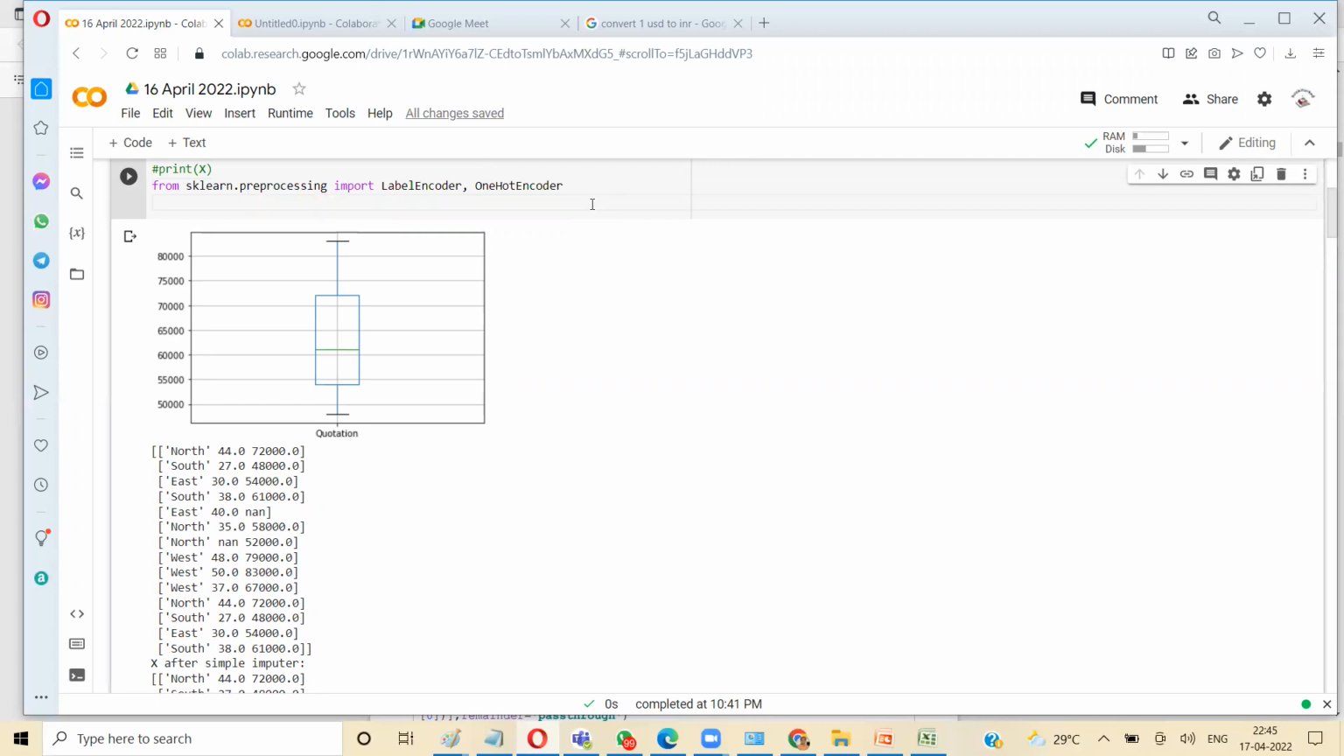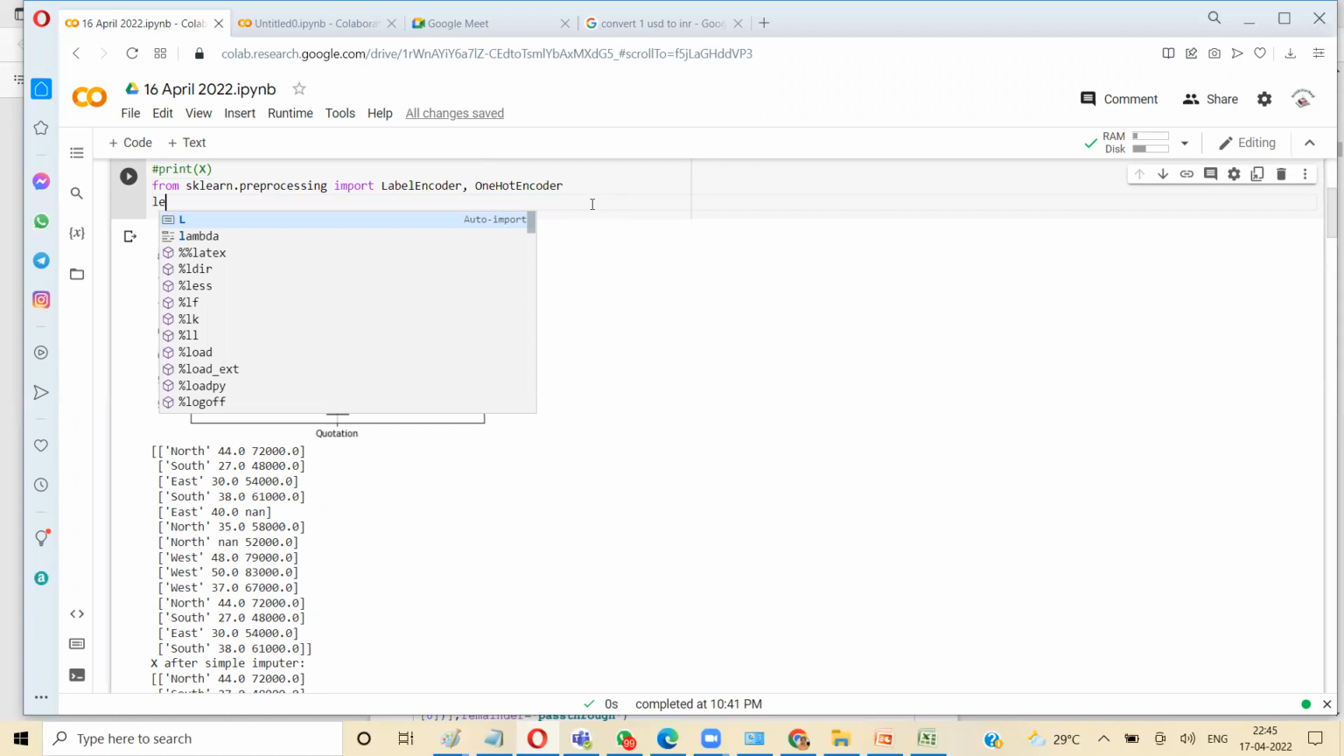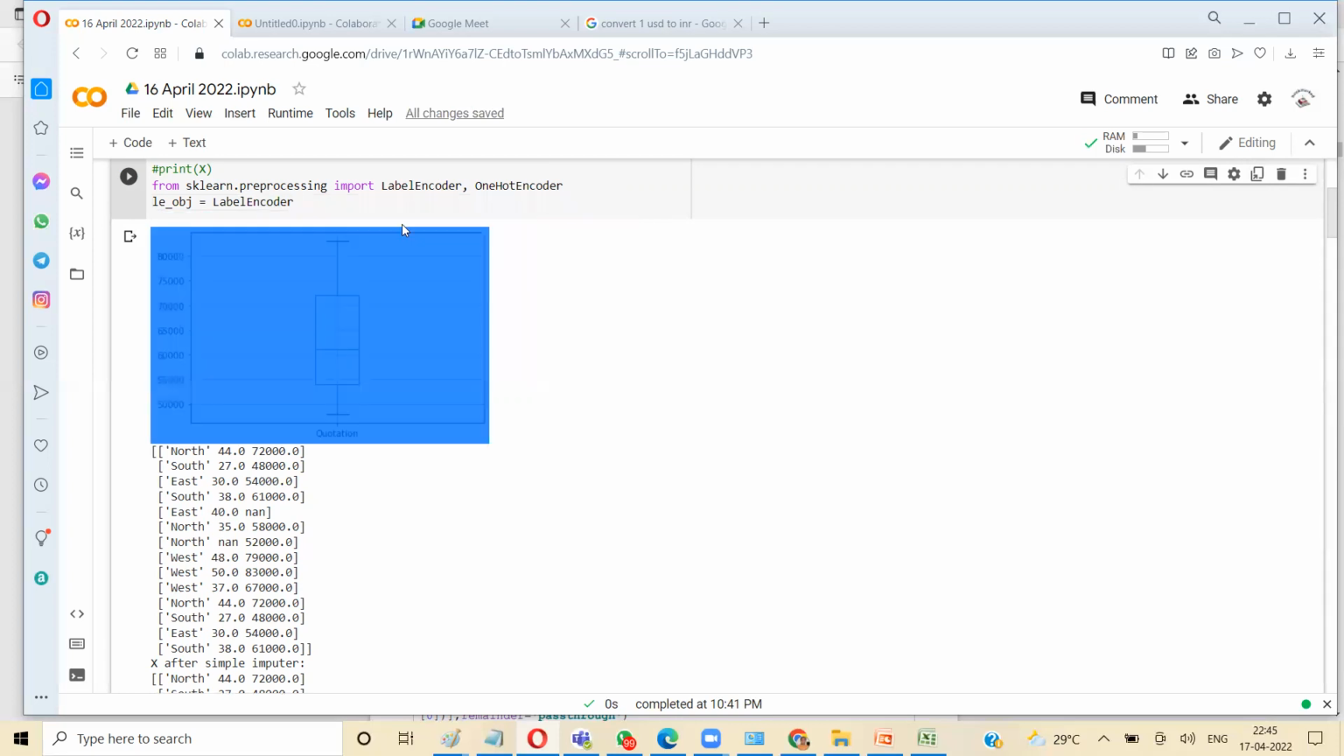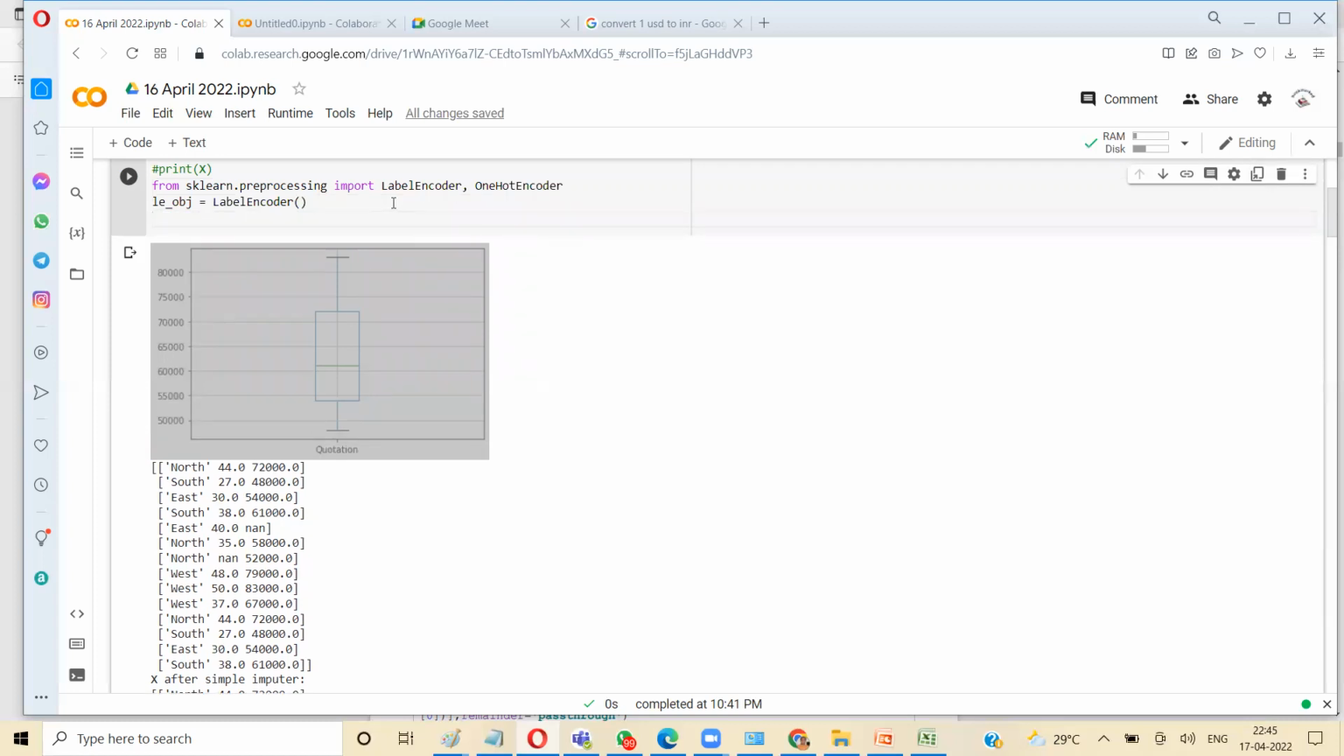So, first thing first, I have to create the label encoder object. So this is equal to LabelEncoder. It doesn't need any parameters. So I'm saying that I'm going to use label encoder. The label encoder object is ready. Now here to apply on the first column, right? I have to apply this on first column. So I will say X of all rows and first column equal to label encoder object